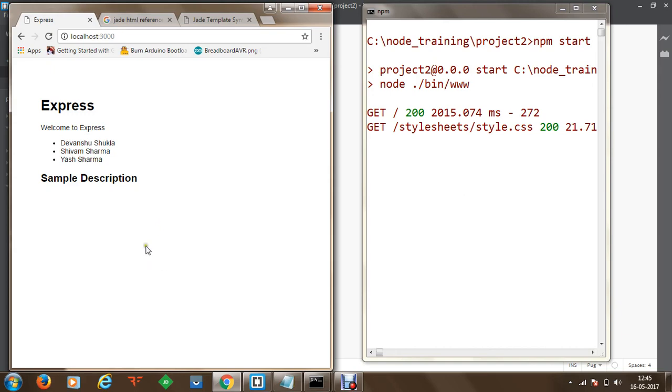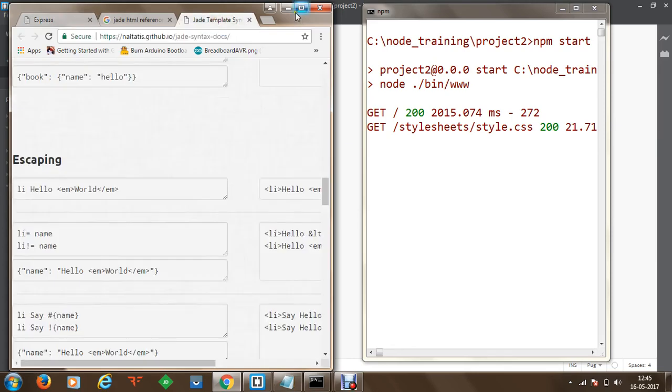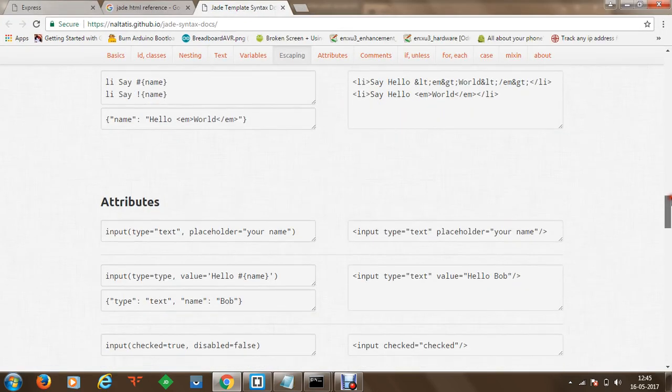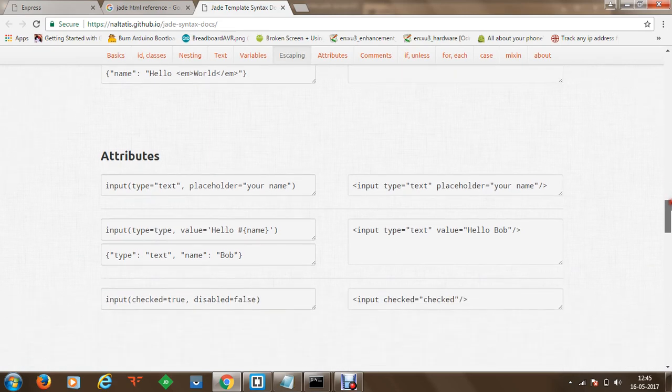Now, once we are done with this, from the templates you can take in multiple values from Jade. Let's say you have specified this list element. Now you would like to specify something like an input box. You can do that with the input keyword. Then you can define the type of the control you want to design. You can create radio buttons, you can create individual types with specific values, and you can specify a placeholder as well. You can do all this stuff.